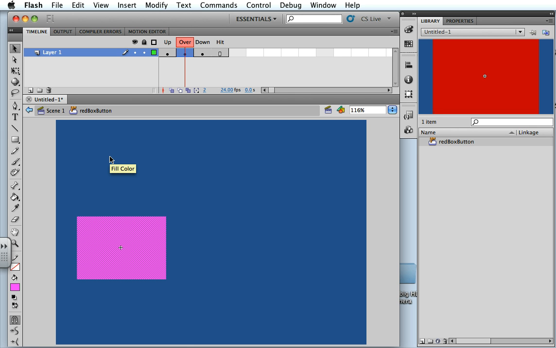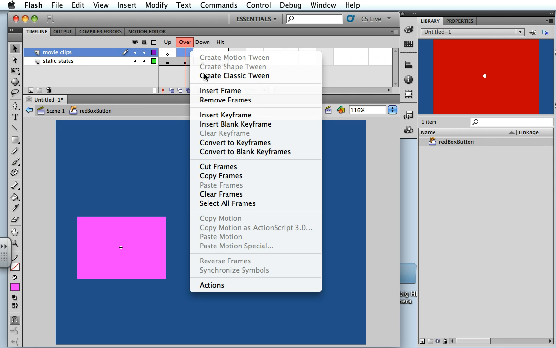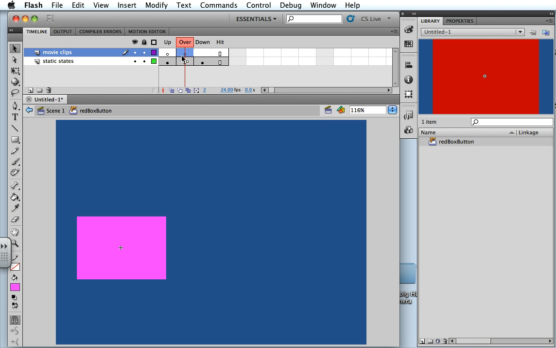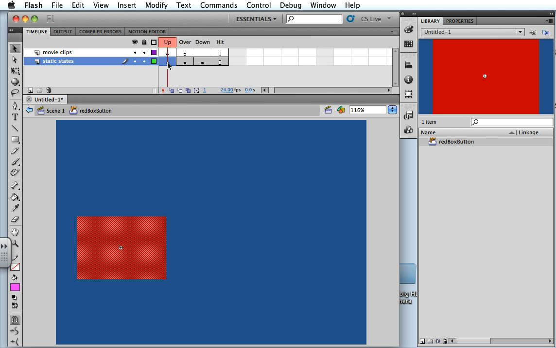Now, what I'm going to do is create a movie clip for that to be possible. And just for sake of ease for me, I'm going to call this layer static states, and up here I'm going to call this movie clips, and I need to insert a keyframe on the over state. So here's what I'm going to do. I'm going to go back to the up state here,